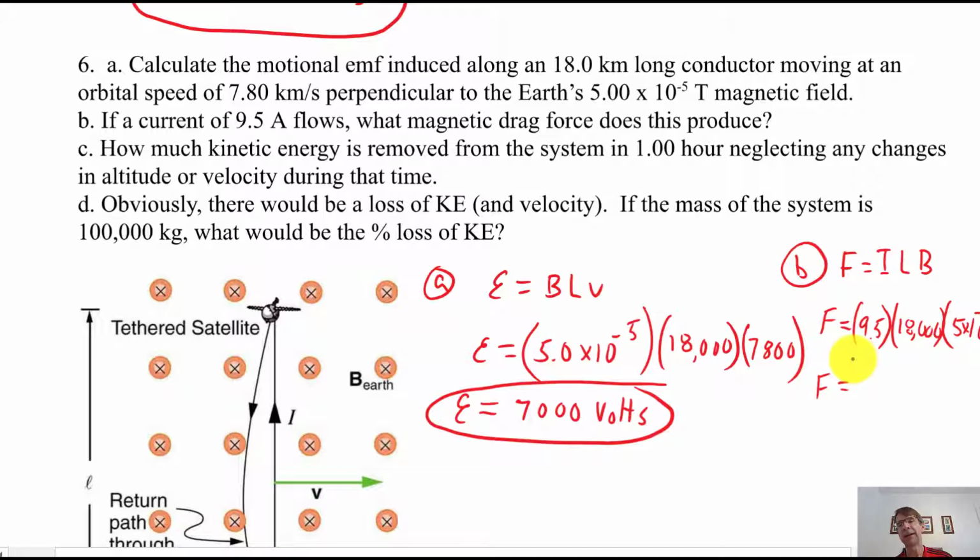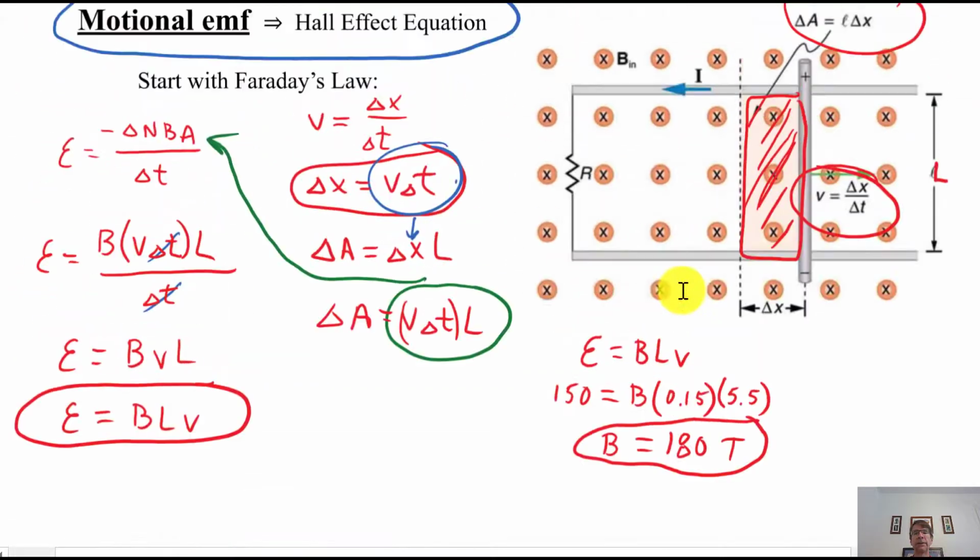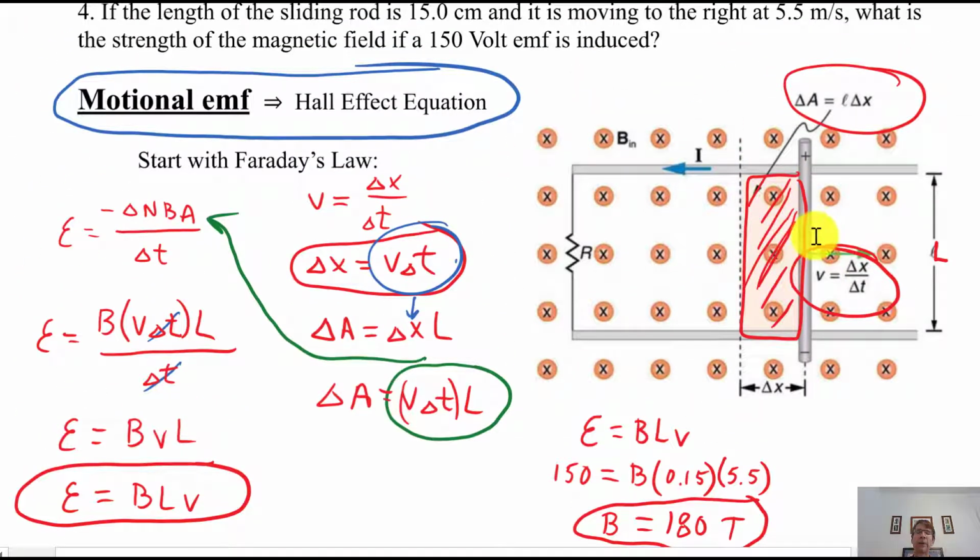9.5 times 18,000 times 5 times 10 to the negative fifth. If you multiply all those numbers, you get 8.6 newtons of drag, which is not a whole lot. It's because the magnetic field is not that strong. But that's the drag. If I go back a little bit here, you could have done the same thing up here, because when you pull this wire to the right,